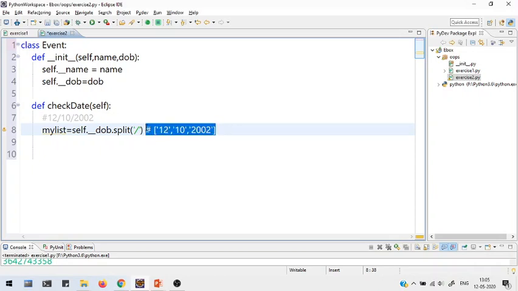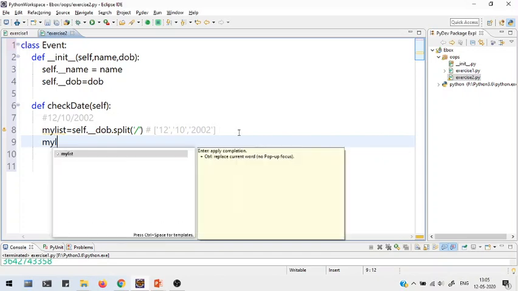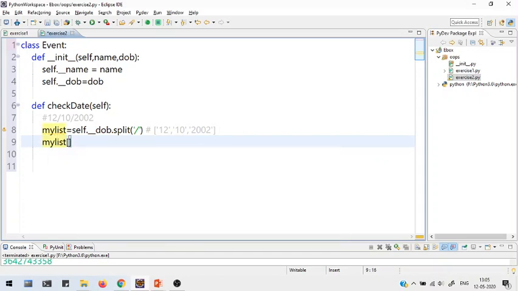We have to access the 10, which is the month, and since it is a list, it supports indexing, so I can directly access the value 10 by using index. List index starts with 0, so in the 0th index it will be 12, in the first index it will be 10. So my list of 1 will return 10.